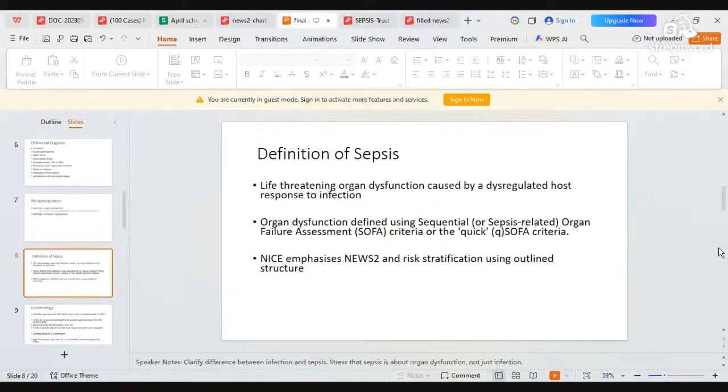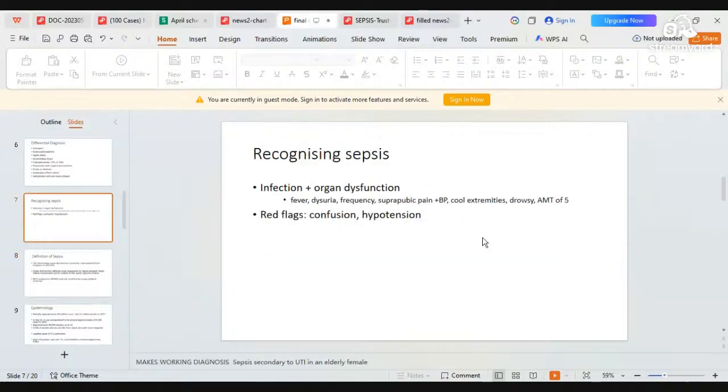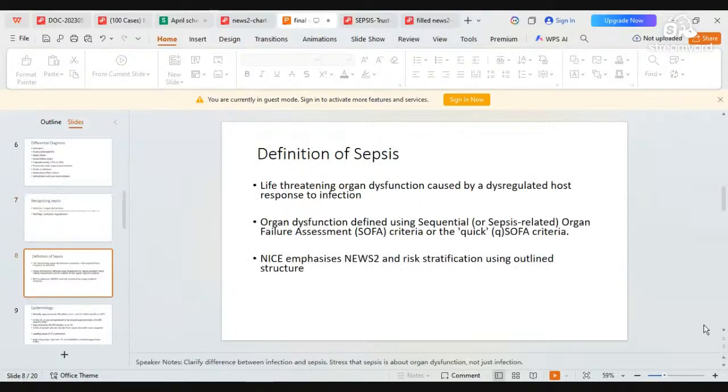And if I am to refer to the previous slide where I decided to go with urosepsis as my diagnosis, I've shown something that says infection plus organ dysfunction. And in this index case, the organ dysfunction we are looking at here is the hypotension, the patient being drowsy, having cool extremities, and AMT of 5. So organ dysfunction,